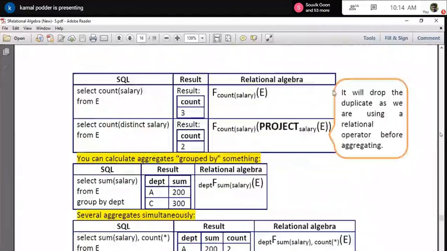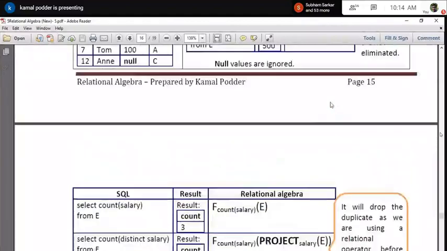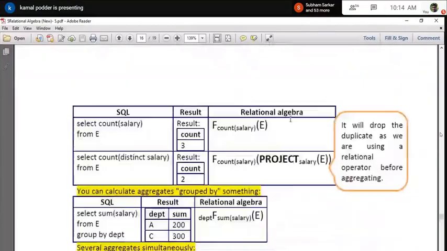Okay. Now you just see that here, actually I have already told you that if you perform any relational operation on a particular relation, the inherent property of the operator is duplicate rejection. If that result set has any duplicate record, it will automatically drop the duplicate. Okay, that is an inherent property.